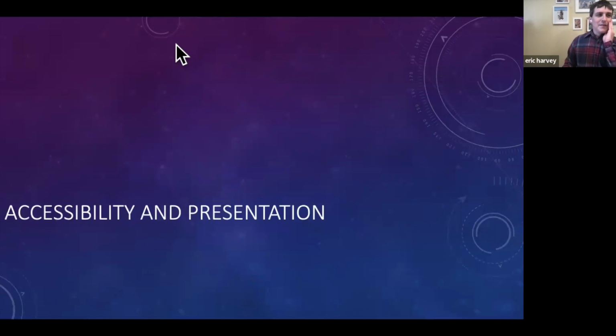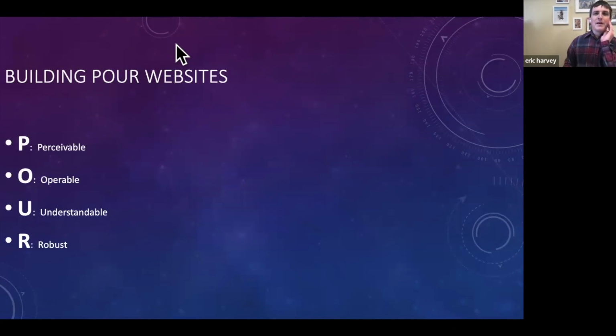All right. Moving on to accessibility in presentation, from the creation of our data sets to the creation of means of sharing, publishing, showing, presenting, etc. And here I'm just going to do a very high level overview so we can move on to the screen reader demonstration. But an acronym to keep in mind here is POUR, and this is from the WCAG 2.1, the World Wide Web Consortium Accessibility Guidelines 2.1, which are guided by these principles of building POUR websites or POUR publications, POUR resources, etc.